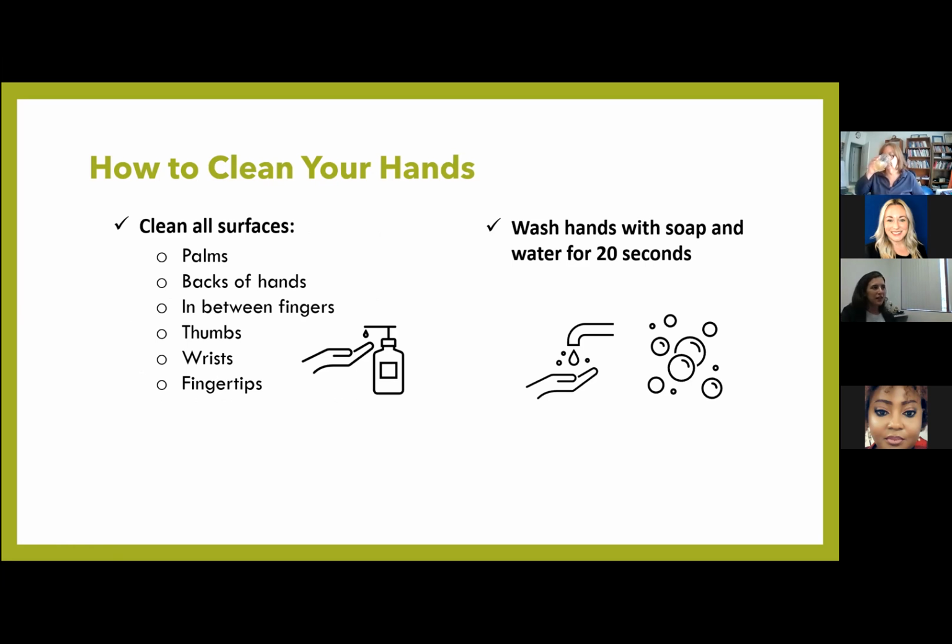We also spent a lot of attention on hand hygiene. So how to properly clean your hands. And I know many of you work in healthcare. This is something that's been studied for decades. How do we get doctors, nurses, anybody to clean their hands often and to clean their hands well? And it's just one of those